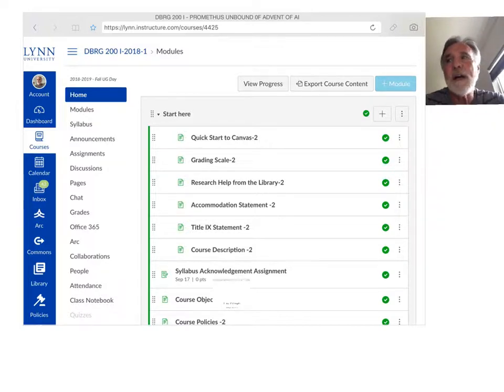So I'd like to talk about the next section of the course, which is kind of ongoing, the heart of the course, which is all about the iBook. I created this assignment, these thematic content pages. I'm asking you to create a page, and I might have made things a little more difficult by trying to help you with a template that you could copy and paste into your pages. Basically there are three assignments.